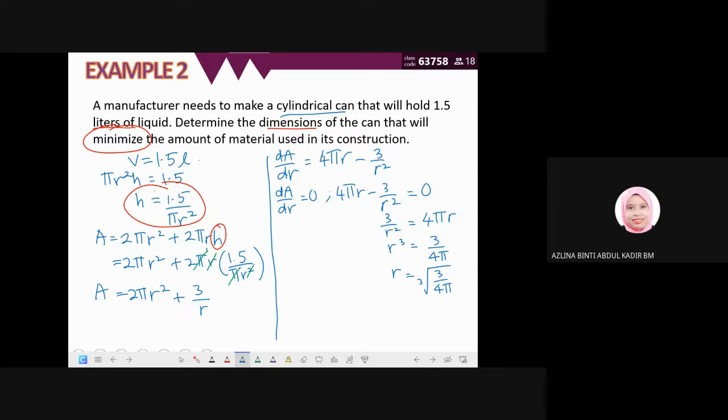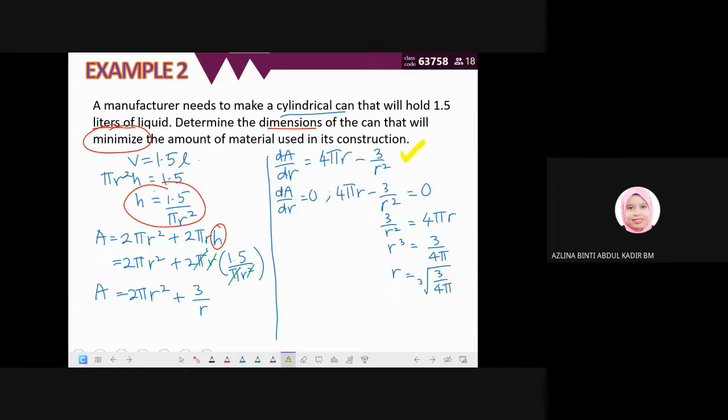Madam, yes. R squared ke R plus 3? 3. Oh, sini. Kejap. 3 over r squared. Betul. Ni adalah